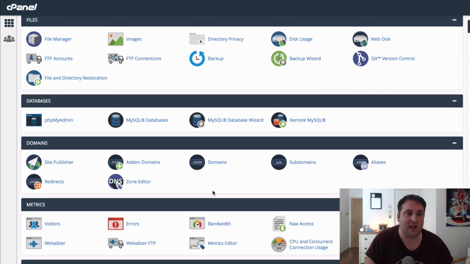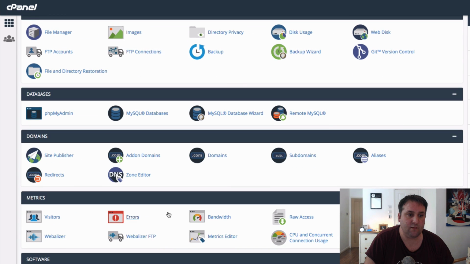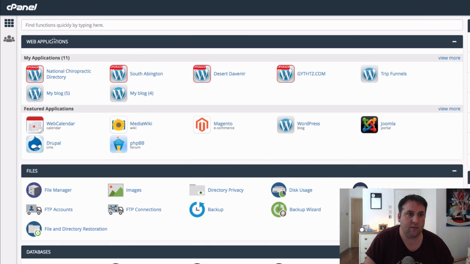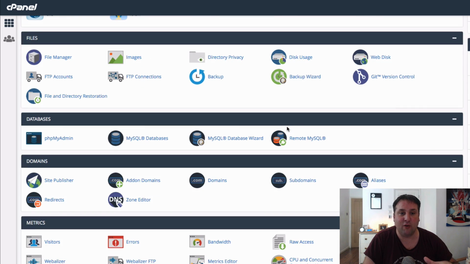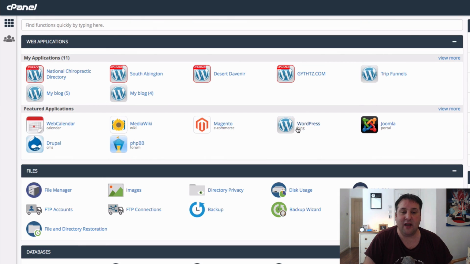And then you'll need to come down to where it says web applications. In fact, it's right at the top here. It was actually down below, so they've moved it up. But you'll just have a look down and find anyone that says web applications. And actually when you've signed up, you'll have obviously chosen your domain at the same time. So again, I recommend .com or .net, less than 10 letters, and 2 words together work really well. Okay. And then what you'll do is you'll come in here, you'll press WordPress,